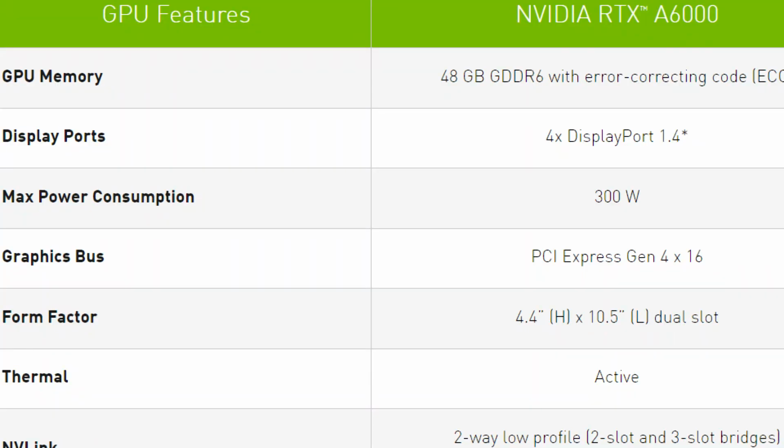WRX 80s, if you need the resources, that's it. And if you need the processing power, that's it. And if you need a video card, this is it. Now the question is going to be getting our hands on one, because I don't know when these are going to be available. But look at what we've got. Number one, 48 gigs of RAM. So we exceed what the processor can do. So those of you that are doing rendering, it will keep that model up in memory and you won't be worried about paging. And that's also another feature of the Gigabyte WRX 80,